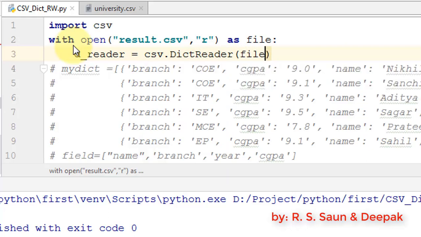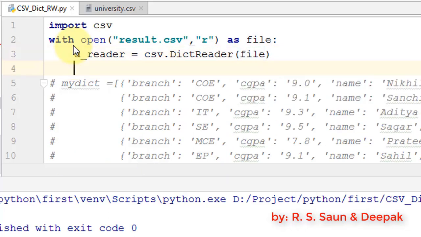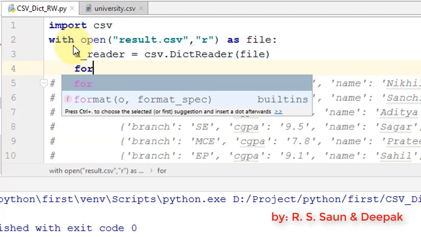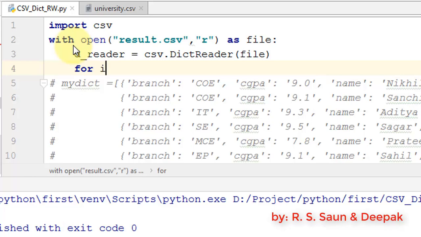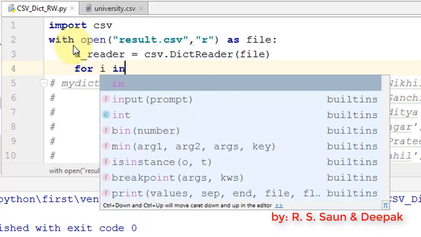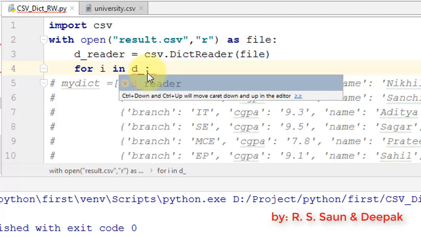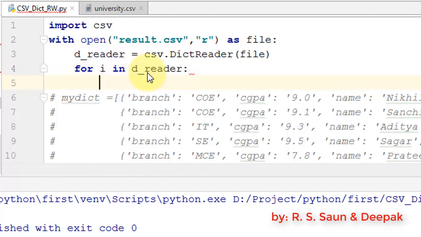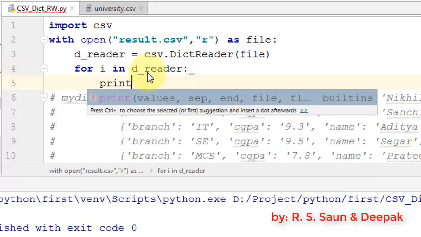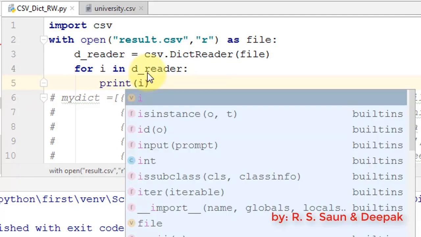I am going to pass a file object, and then I'm going to traverse through it and print all the values, for i in d_reader. Let's print all the i's we received in our loop and see the result.